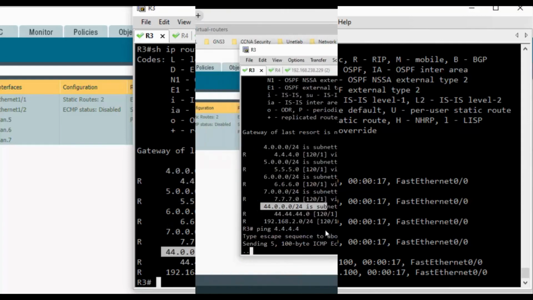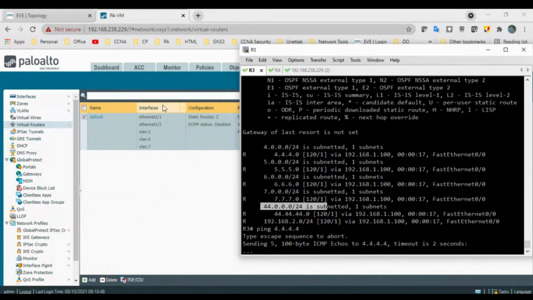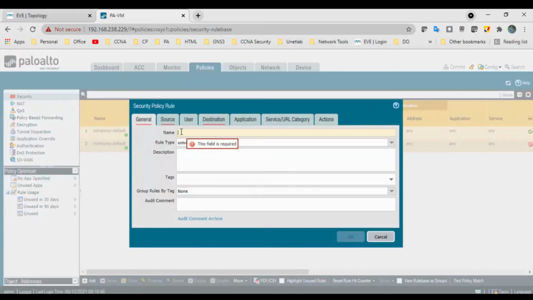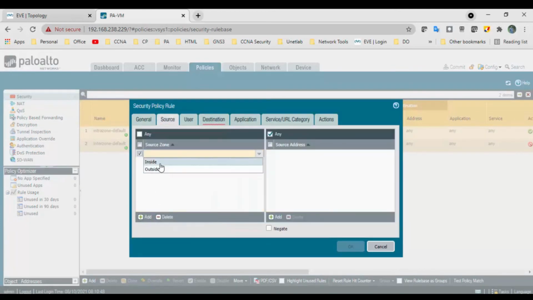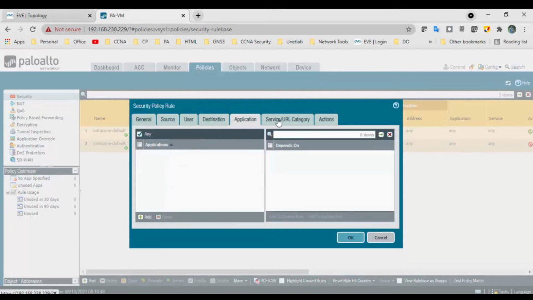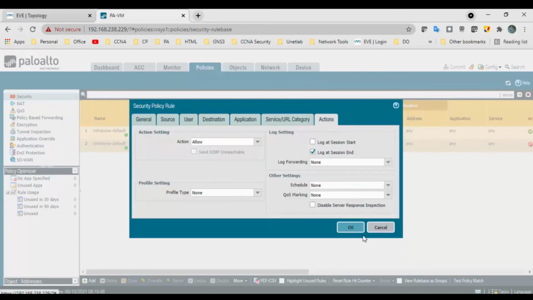Okay, let me create the policy just for testing purposes. Inside to outside: source, I will select both because I want to check from outside as well, and outside to inside, any application, any services, action is allow.